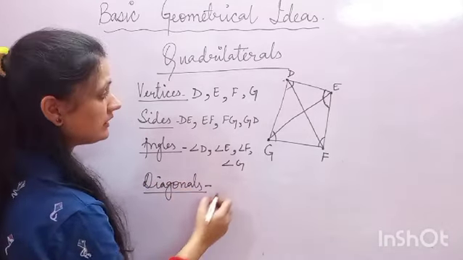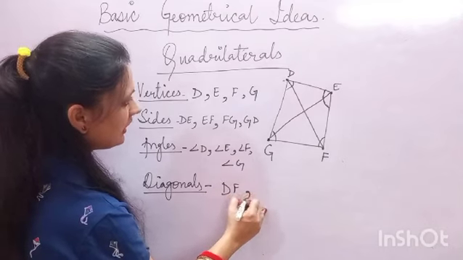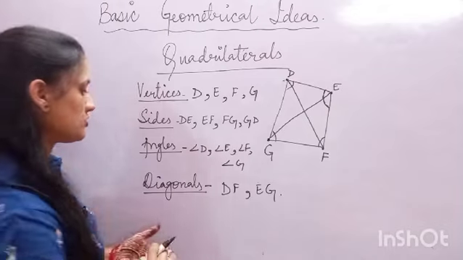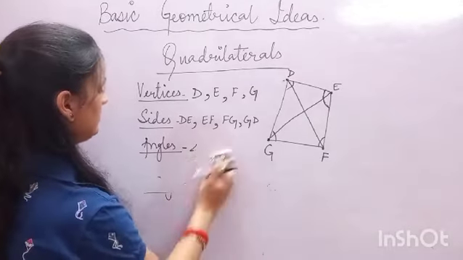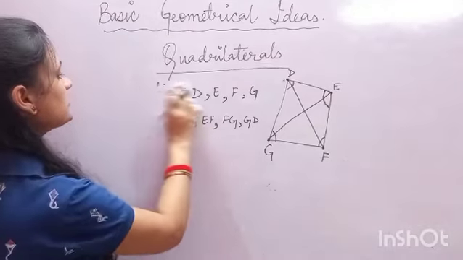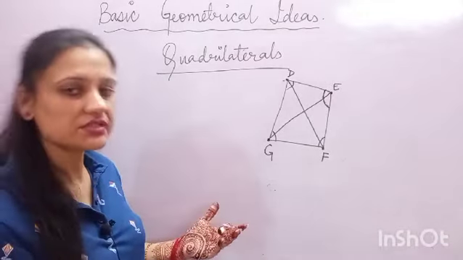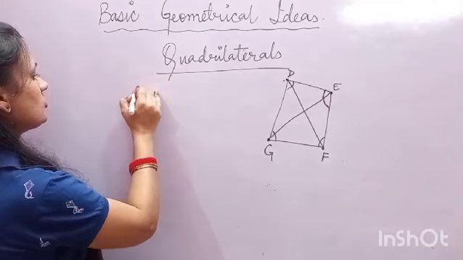So diagonals are DF and EG. Okay. Now let's talk about more. Let us understand opposite sides, opposite angles, adjacent sides and adjacent angles, right? Let's talk about first